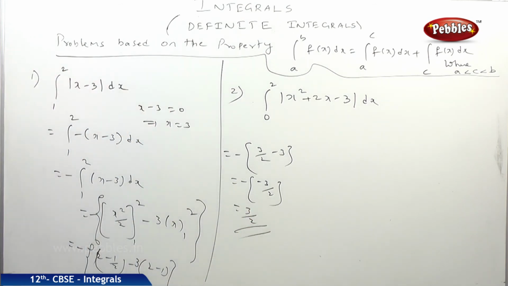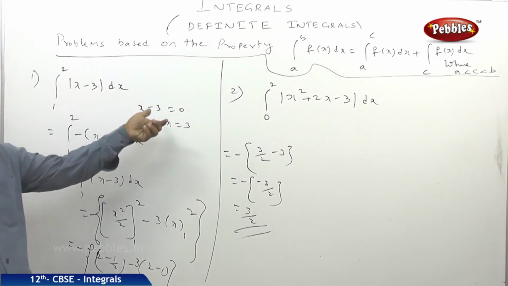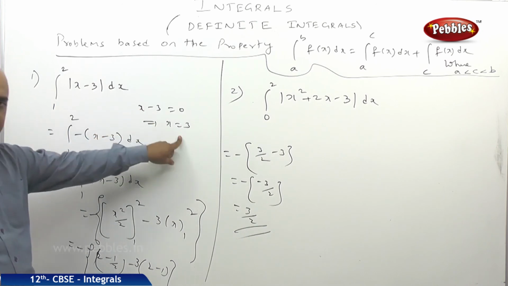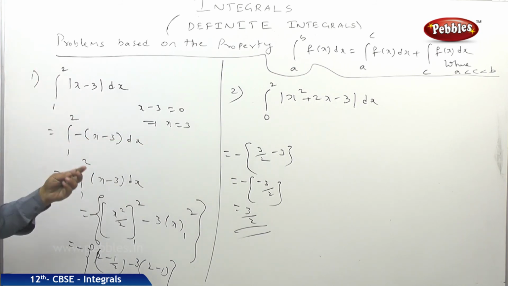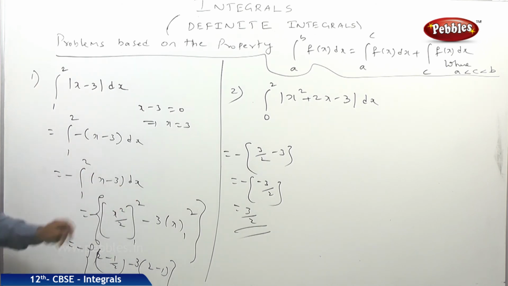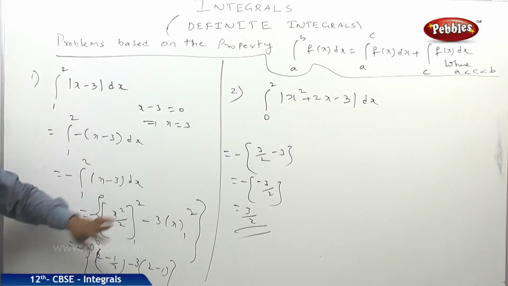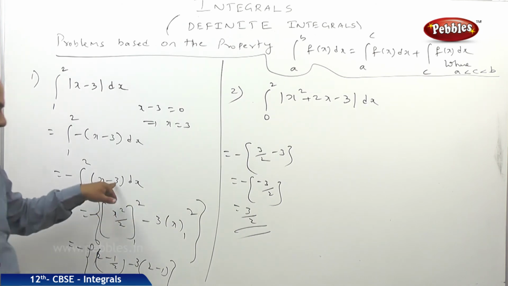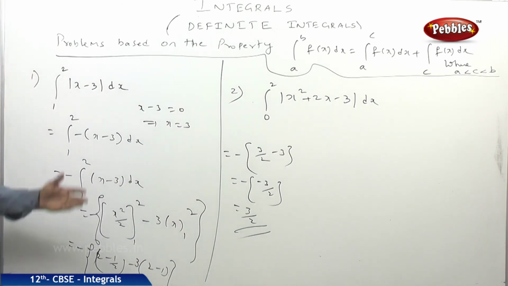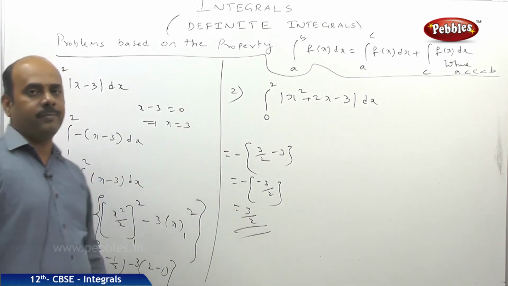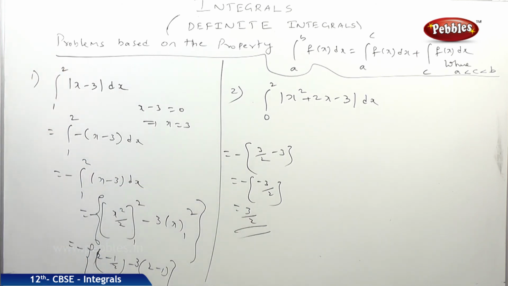I think you clearly followed. To break the interval, make the function equal to 0, and you will be getting the necessary points. As x equals 3 does not lie between 1 and 2, there is no need to break up. But between 1 and 2, mod of x minus 3 will always be negative, so minus outside, integral 1 to 2 of (x minus 3) dx. Integral of x will be x square by 2 and integral of 3 dx means 3x, from the limits 1 to 2. After substituting, finally we get 3 by 2. I think it is clear. You can copy. First of all,